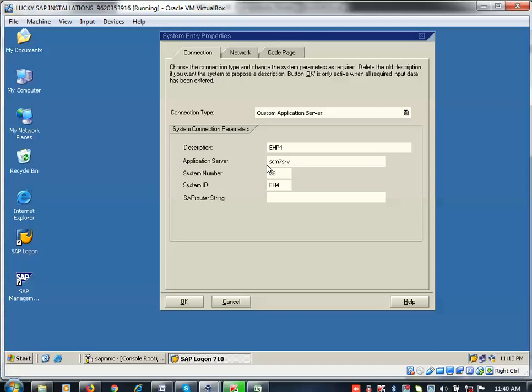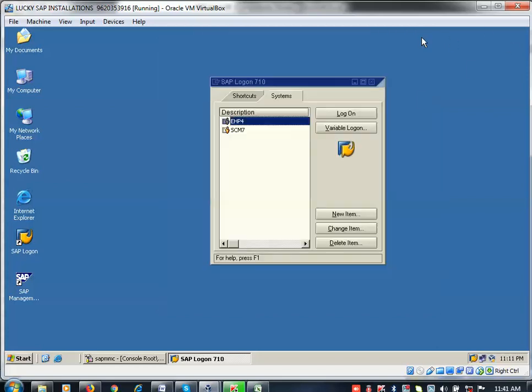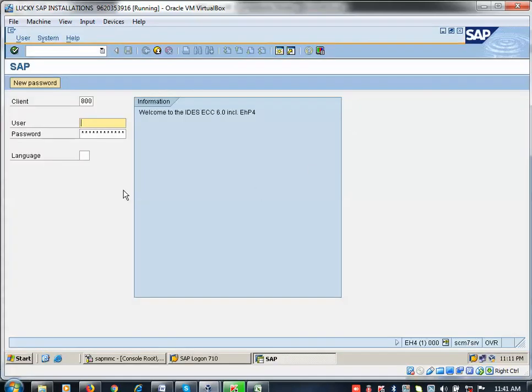If the user ID and password are not given, you can check. Where you can check, I will show you, because sometimes Vijay will log in for you and then he will give you the system directly, correct? So you write this and then click on log on. It will take you to the system like this.